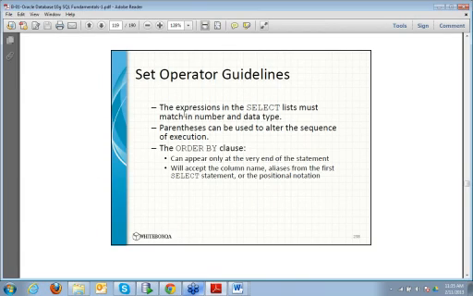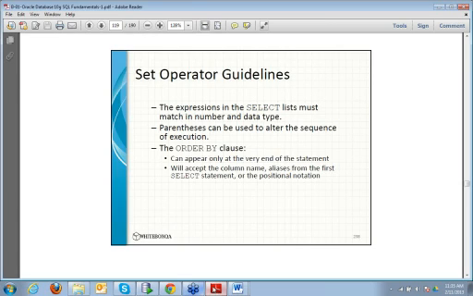Okay, and you can still use the order by clause, although they are always sorted on the primary key, but it can appear only at the very end of the statement. So it gives you the result, and then it produces the order according to whatever you have given. And it always accepts the column name aliases from the first select statement.